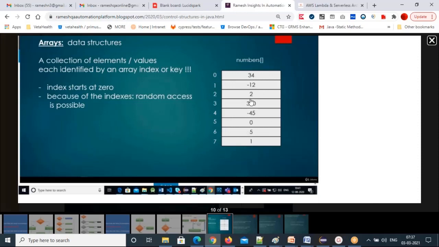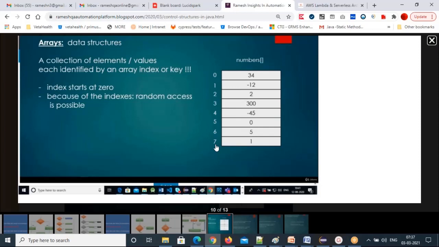So what value do you want to access? The values are accessed using index numbers. The first index is always 0, it's never going to change. The first index is 0 and the last element's index is always the total array length minus 1. If you do that, you will get the last element's index.